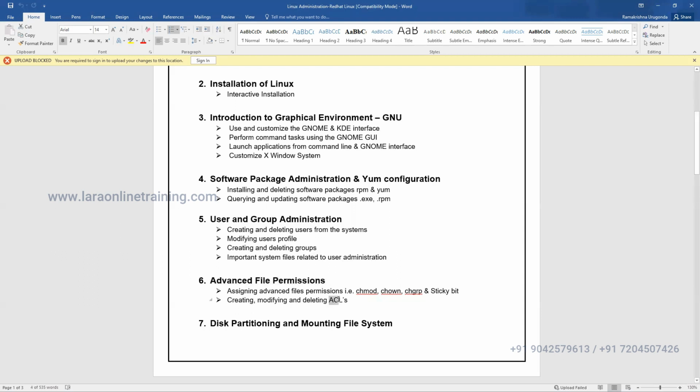We are going to see how to give permissions at user level, group level, and other level. What is symbolic permission? What is numeric permission? Like numeric values such as 4, 2, 1, and symbolic like U, G, and O, user, group, and others. We can give permissions in multiple ways using change mode, change owner, change group, and sticky bit.